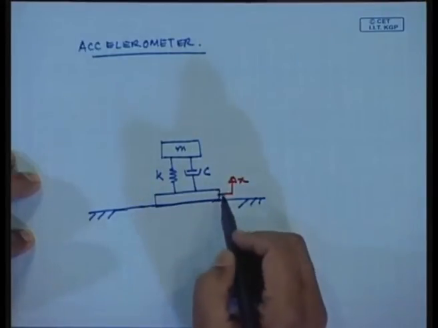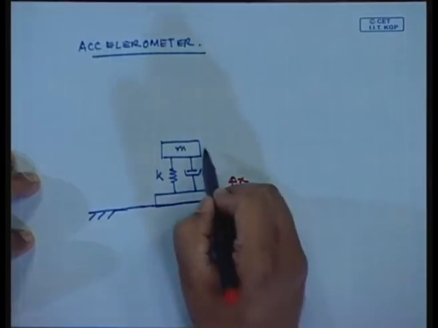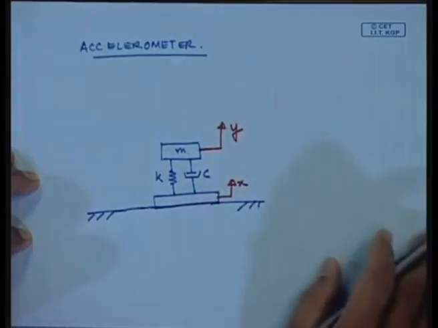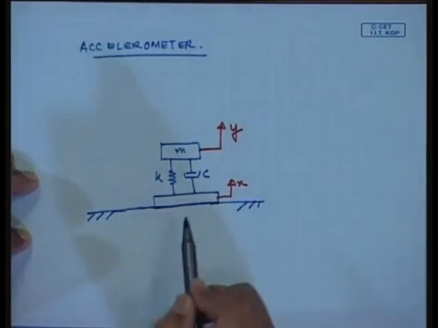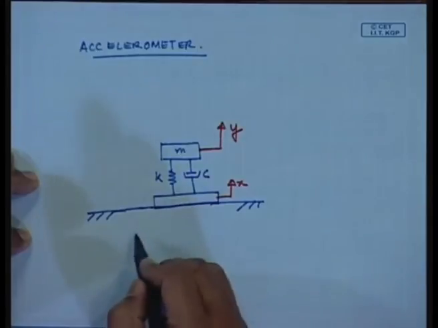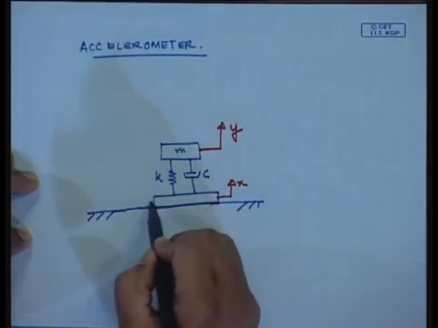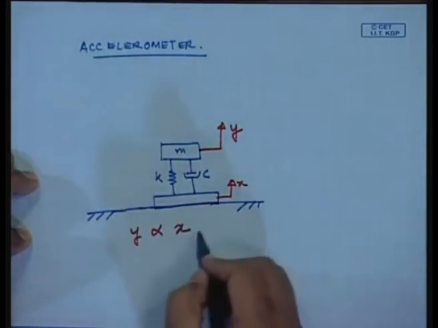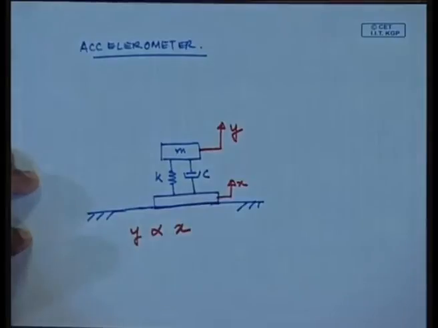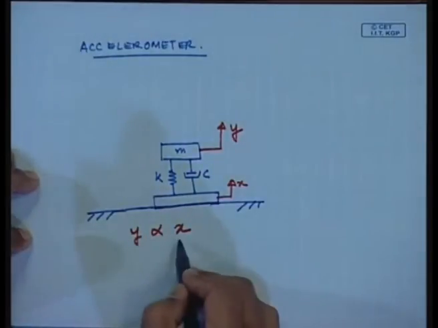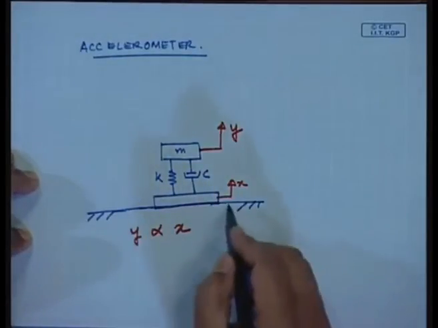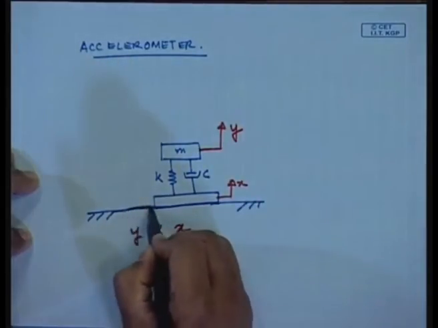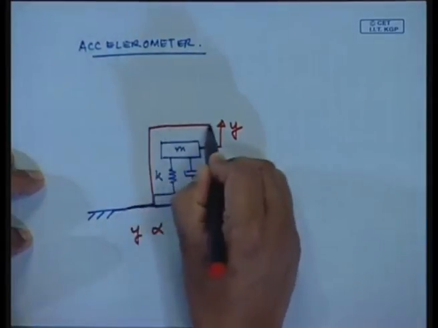Now, because of this motion x, this mass is going to have a motion y, dependent on the k and c. So, somehow if I can have this motion y related to x, with certain functions of k and c, then indirectly if I measure y, I can know what the x is, and this x is actually the vibration displacement here. And this I will put in a nice housing,